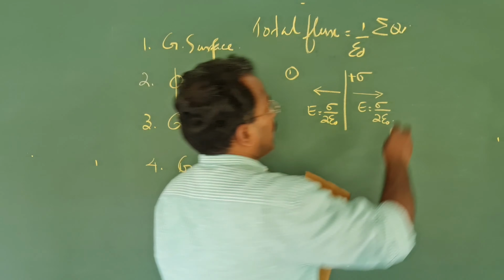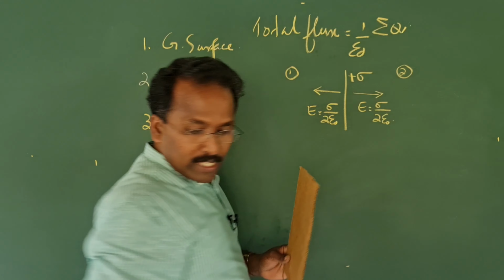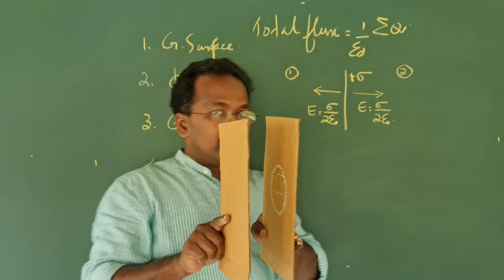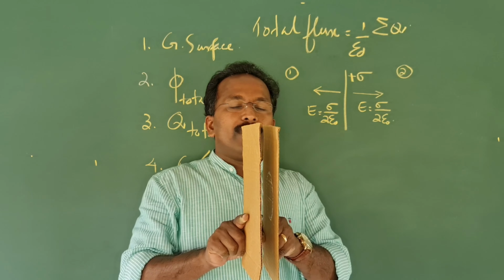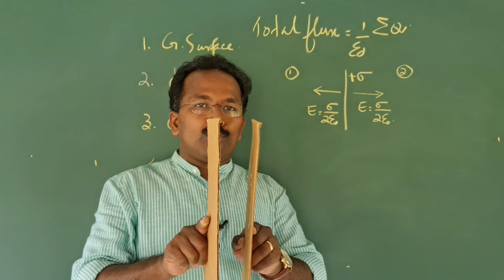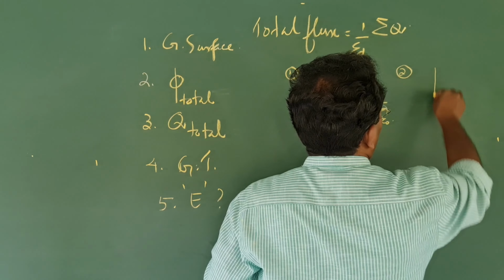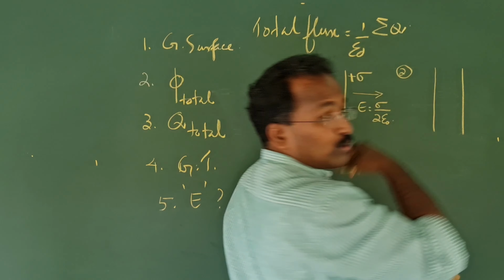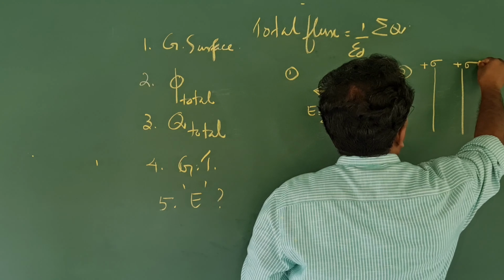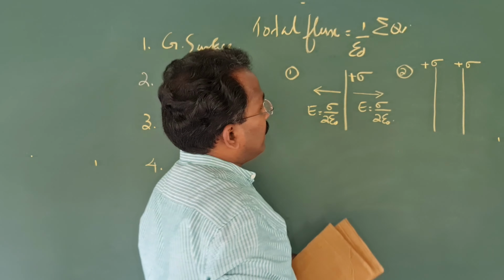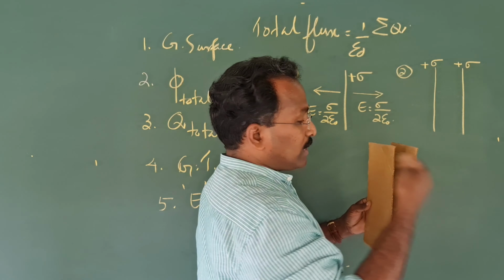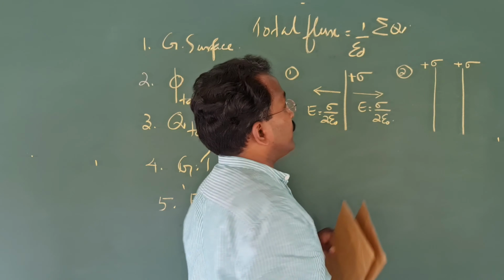And the second situation is, you see this. Imagine you have two sheets. You are holding them near like this. You must be holding them very near, in fact very close. The reason is then only you can apply these equations. Suppose you have two sheets like this. So 1, 2. Two sheets are drawn. This has a plus sigma. Imagine this also has plus sigma. Then how will be the electric field between the sheets and on the sides of the sheets? That's what we are going to see.